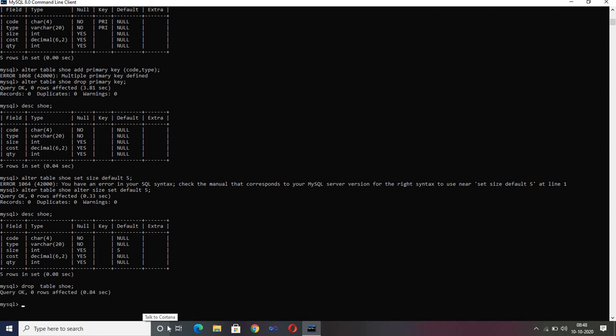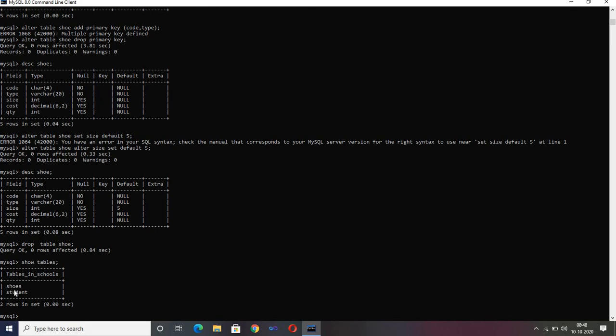Now we have created many tables over here. If I check this, show tables, okay, now see, we have created one table called student initially, then we have created shoes, and then we have created shoe, but I have already dropped this table, therefore the name is not over here. Now it is removed from here. So if I want to completely delete a table, the entire table, then I use the word drop.